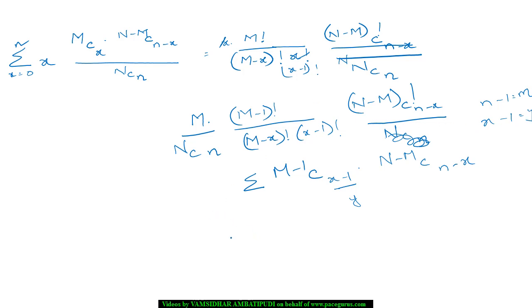So the mean is typically coming out as m by nCn, and this is coming out as m minus 1 Cy, and it is coming out as n minus m C